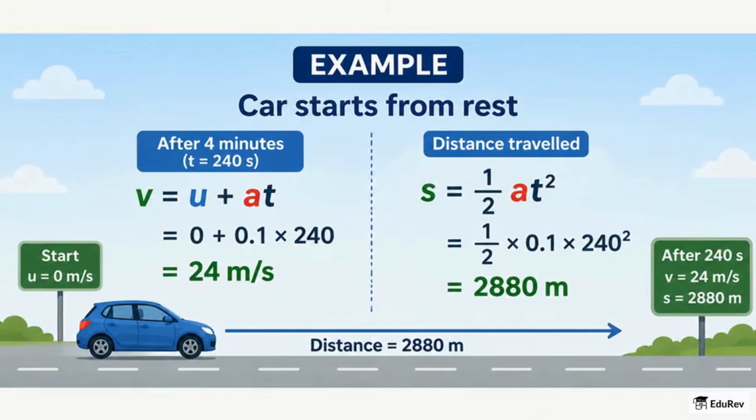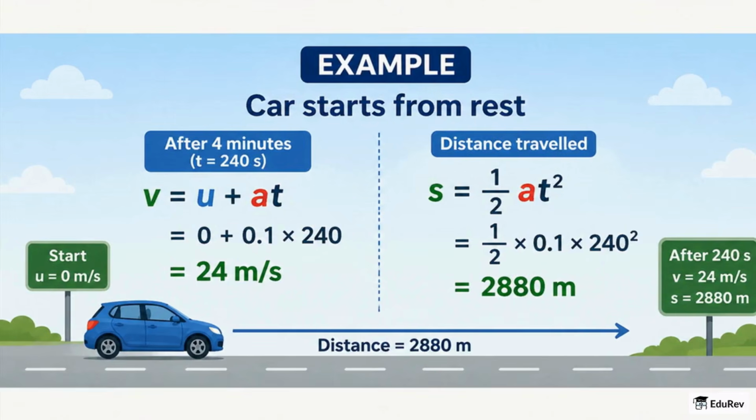For example, a car starting from rest with a = 0.1 meter per second squared for 4 minutes, t equal to 240 seconds, reaches v = 0 + 0.1 × 240 = 24 meters per second, and travels s = 1/2 × 0.1 × 240² =